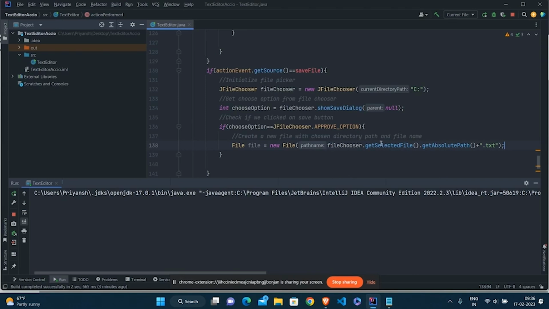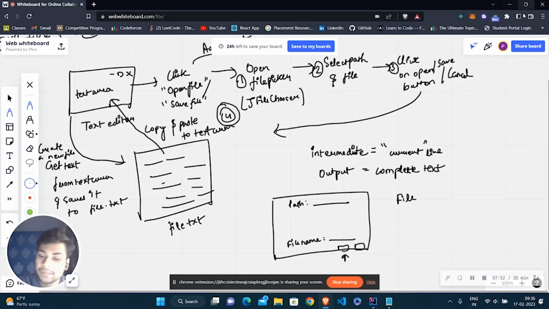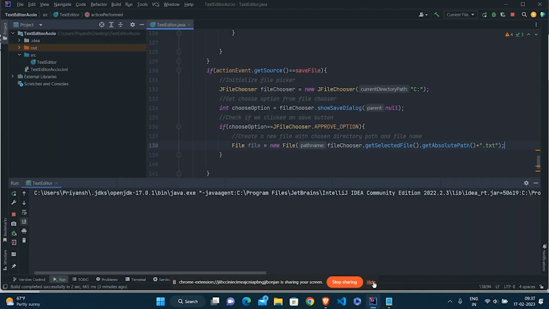So what is this path? fileChooser.getSelectedFile().getAbsolutePath(). This is the path where the file is situated, plus the file name that we have entered here, plus the .txt extension.